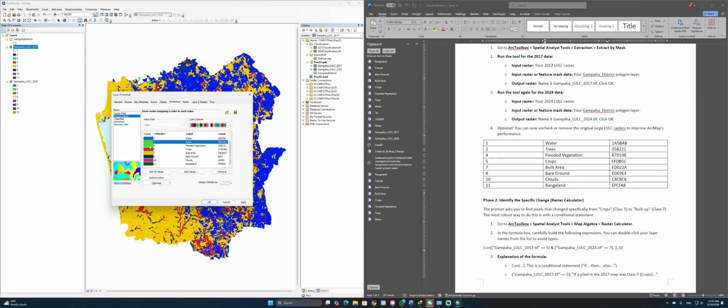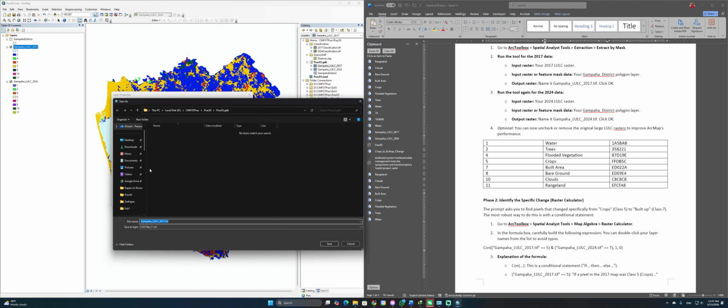Then for the flooded vegetation, we can select a lighter color, and then croplands we can select a yellow color, and then for built-up areas, of course, we can use red colors. Bare ground we can use some sort of pink color, and for the clouds we can use white, and then for the rangelands we can use some sort of ash color. So let me export this color ramp, and then paste this in here,